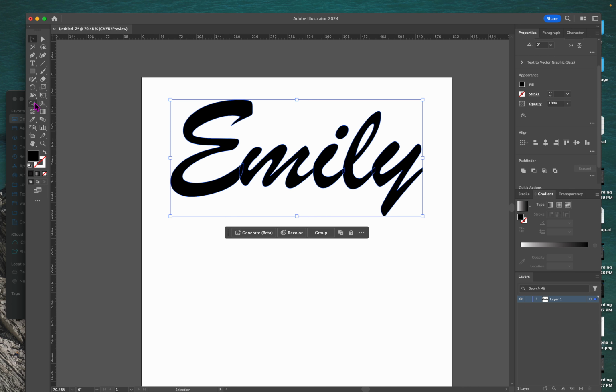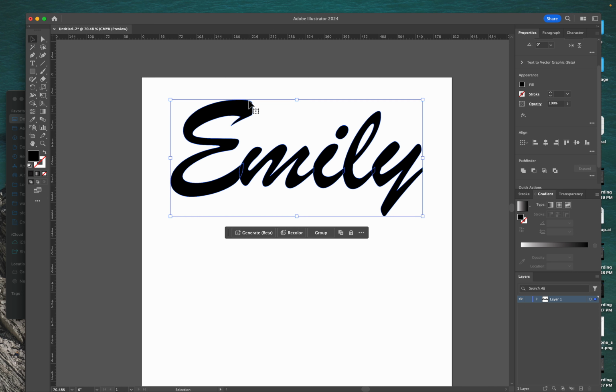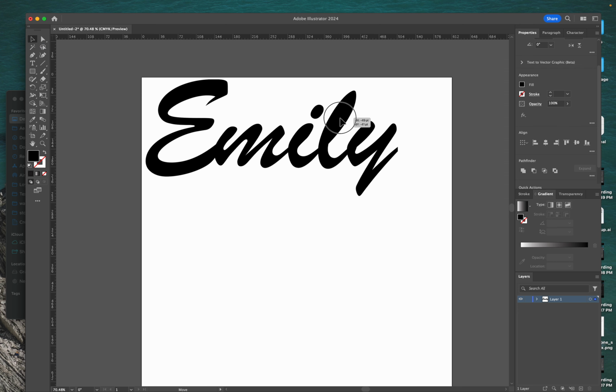Then I'm going to go over here and use the shape builder tool, and as you see, when I hover over, making sure everything is selected, right? Shape builder tool, and you see the paths are now exposed, and when I hover over, this little grid pops up. So I'm just going to click and drag through. Boom. So this is all one path,